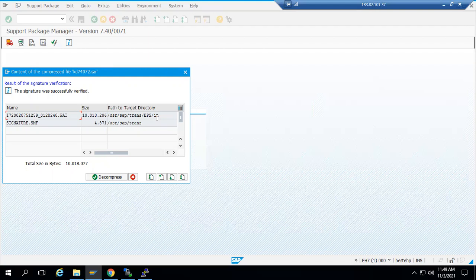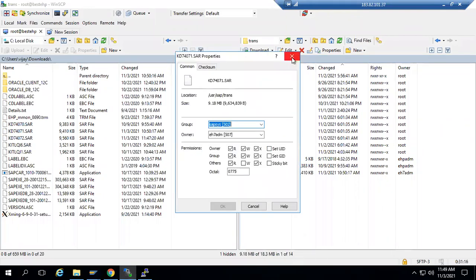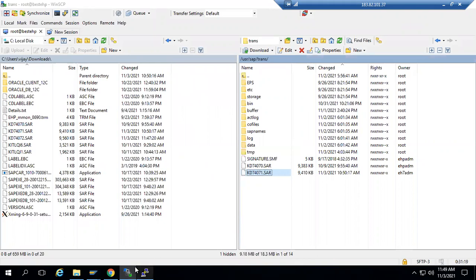After that, give the permission 775, either by using commands or by right-clicking and choosing Properties, which I have shown you in my previous classes. By right-click you can give the permissions like this, clicking on Properties, or if you are familiar with the command, you can use the chmod command.